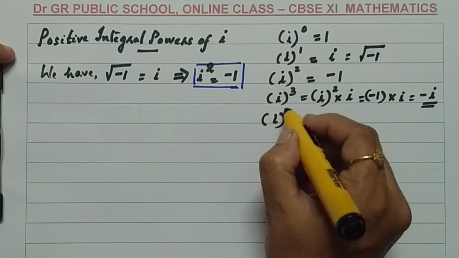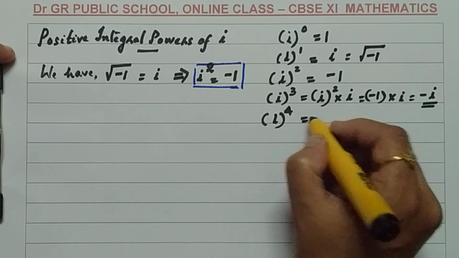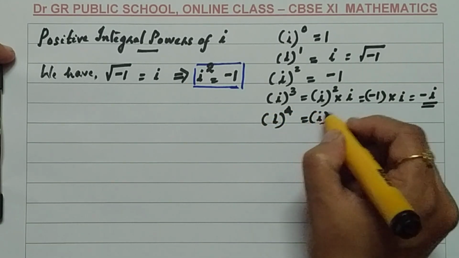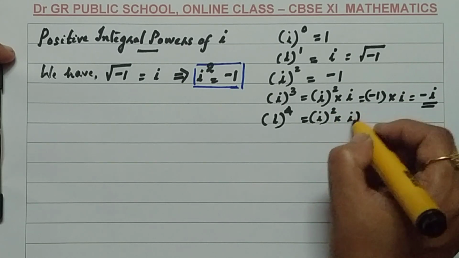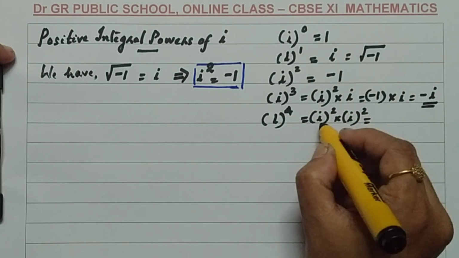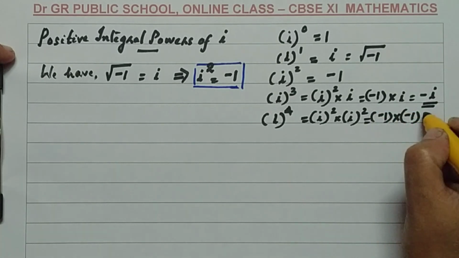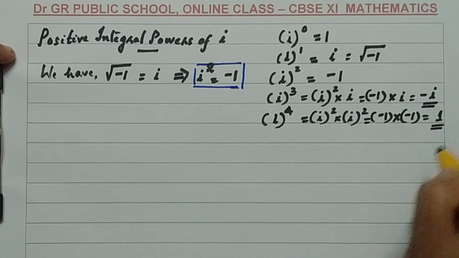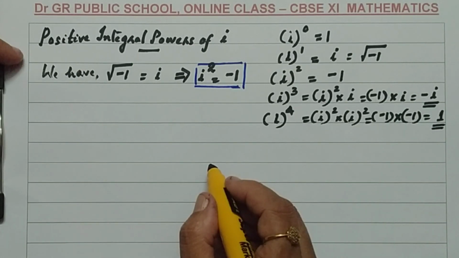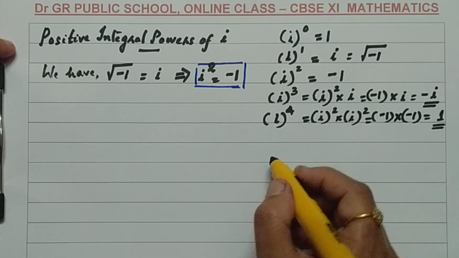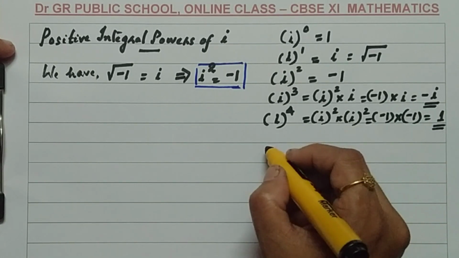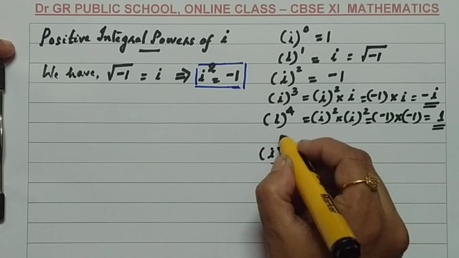What about i raised to 4? i raised to 4 can be written as i square into i square, which is minus 1 into minus 1 equals plus 1. So i raised to 4 is plus 1. In this way proceeding, can you say what about i raised to 15? i raised to 15 equals,